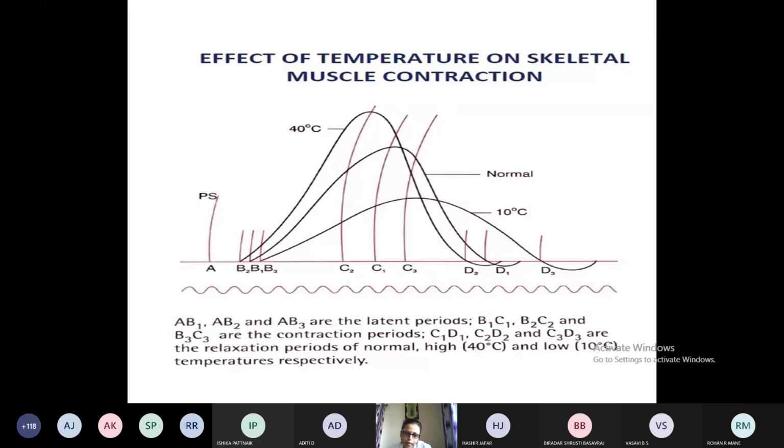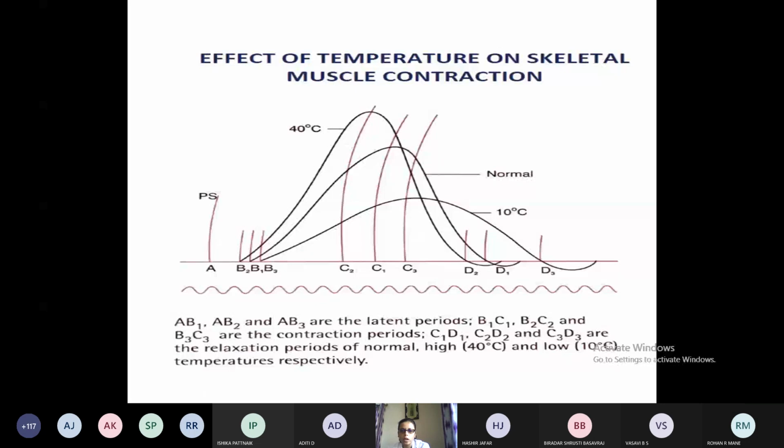So because of the high temperature, the actin and myosin filaments get glued and they will not perform their excitation contraction coupling. That's why the muscle remains in a permanent state of contraction. That is called rigor, and it is happening due to the high temperature. That's why it is called heat rigor. So it is a likely viva question.